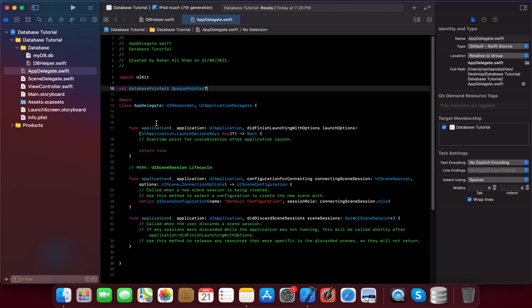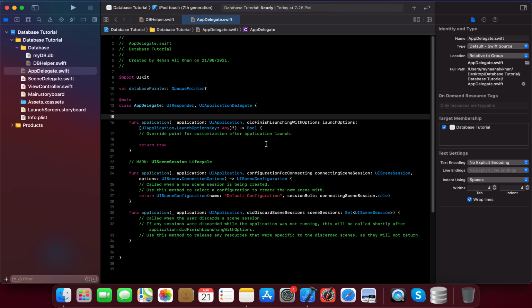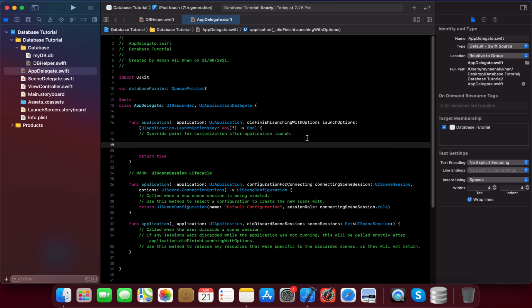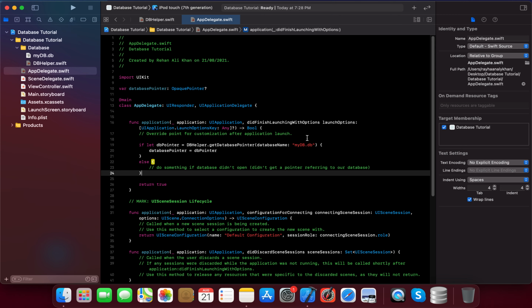Then we can simply open our database in application didFinishLaunchingWithOptions. This, and remember this should be the same as this. So if our database is successful in opening, then we can simply get the database pointer. If something goes wrong, we can handle that here.